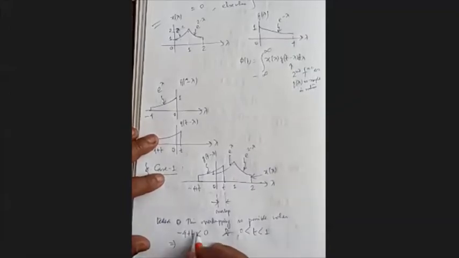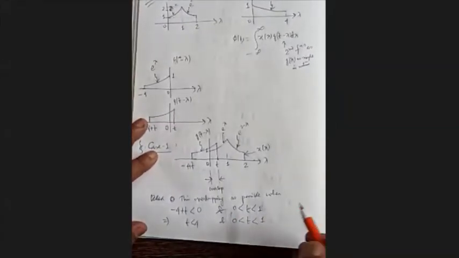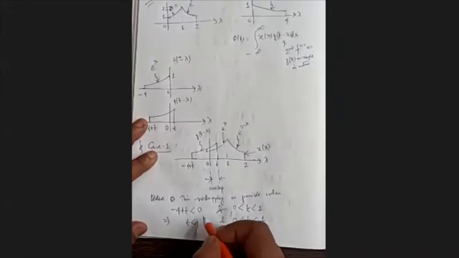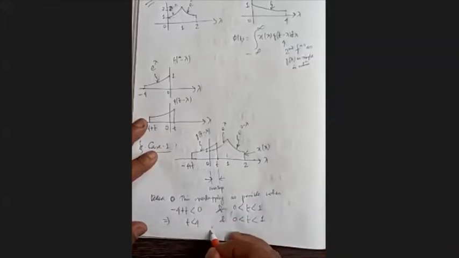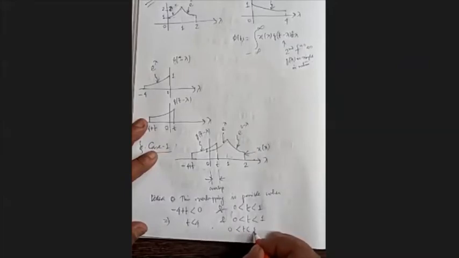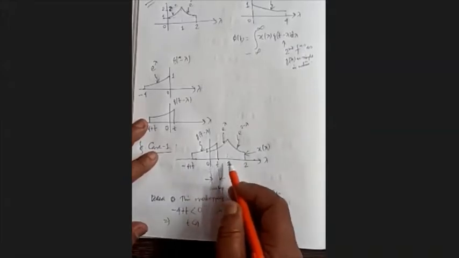Therefore, what we get here is t less than 4 and t in between 0 and 1. Out of this, which condition is to be taken? t less than 4 is automatically satisfied in that range, so it is not the sufficient condition. Finally, t should be in between 0 and 1. So you put the equality signs here and here should be better.